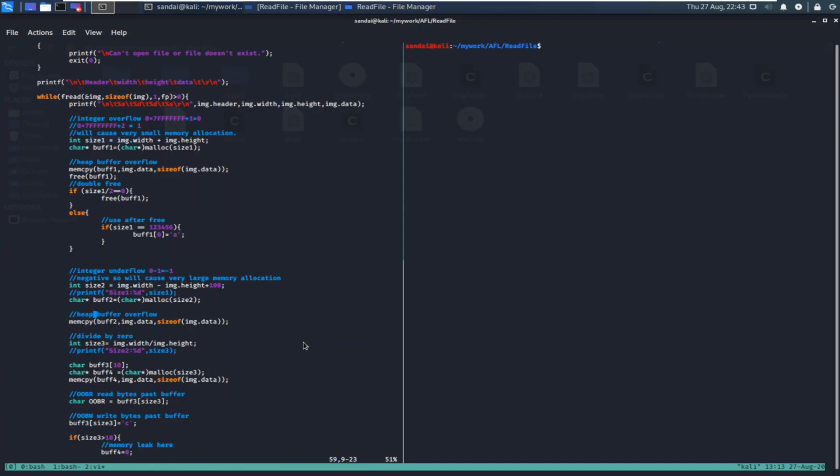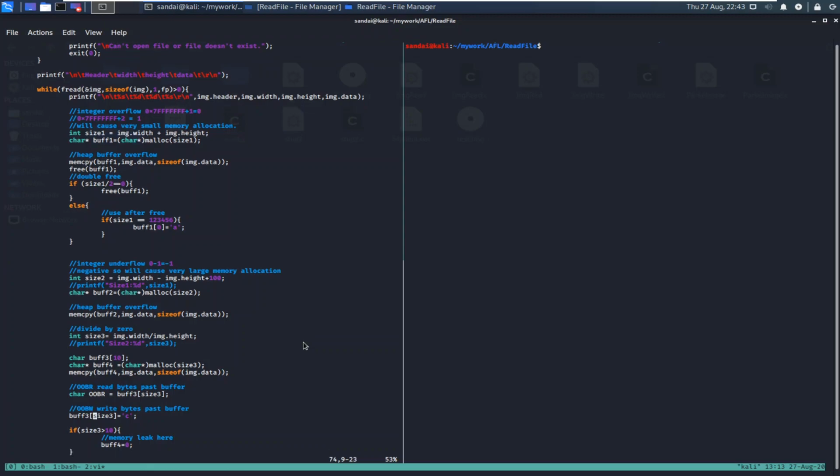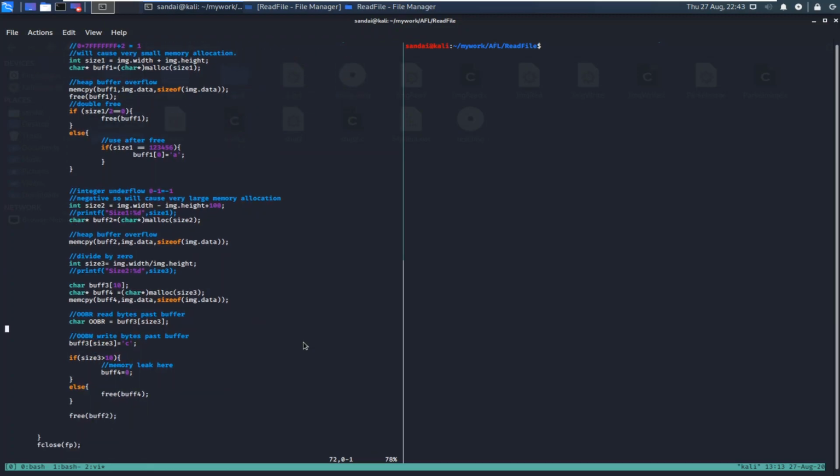And let's move on to another vulnerability class, that is divide by 0. I think we saw it yesterday, but I will cover it once more. In divide by 0, it's pretty simple. You have width, you have height, you are dividing width by height. If height contains 0, if you divide something by 0, the behavior is undefined, so the program will crash. This will be detected by UBSan, or undefined behavior sanitizer.